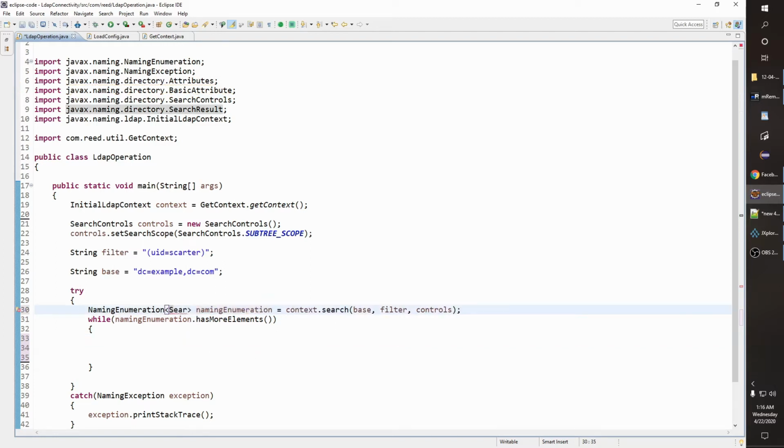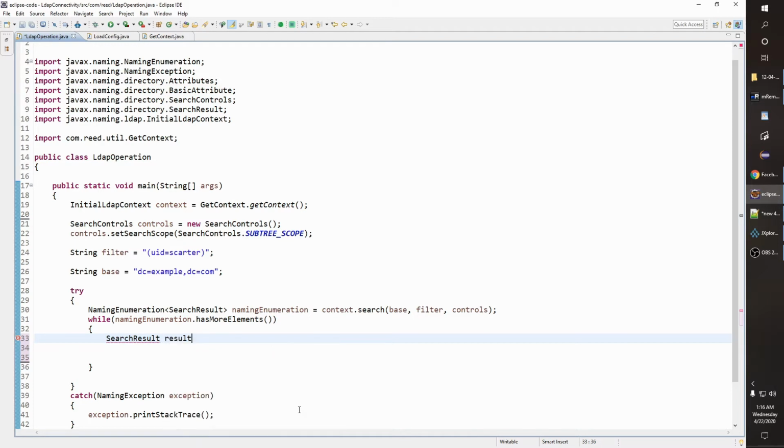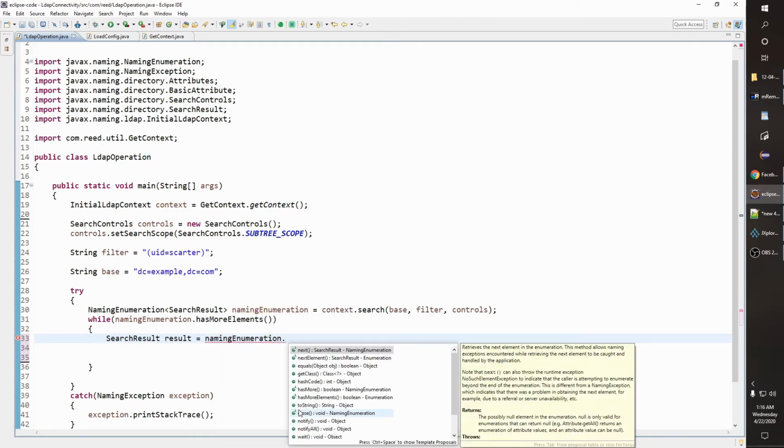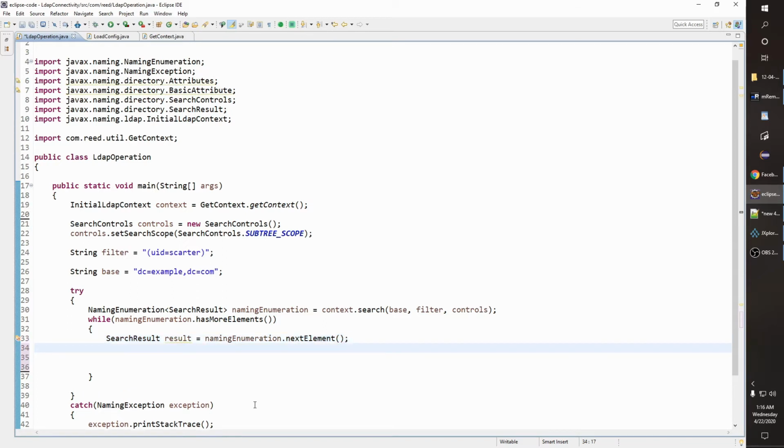So here, with NamingEnumeration, we are making use of the iterator. Now here we can go with SearchResult result equal to NamingEnumeration.nextElement. Okay, we are done with this.